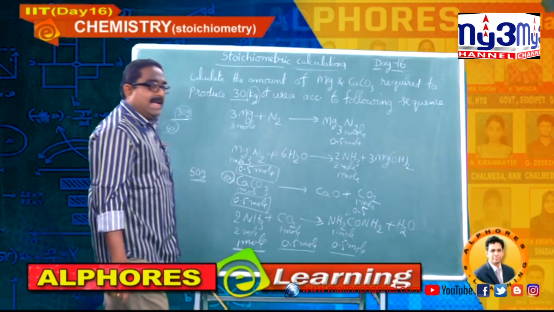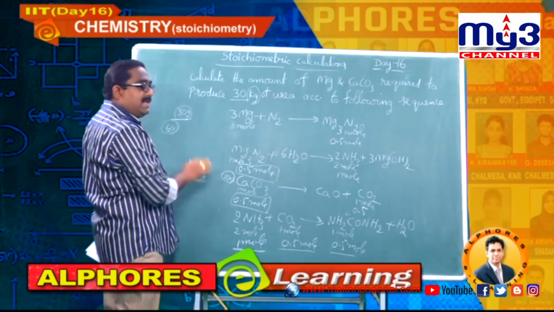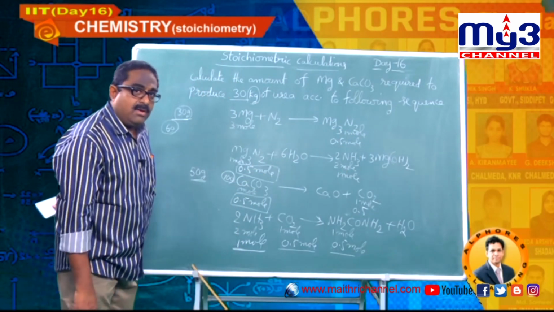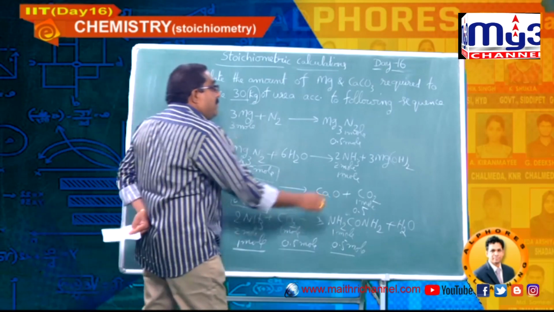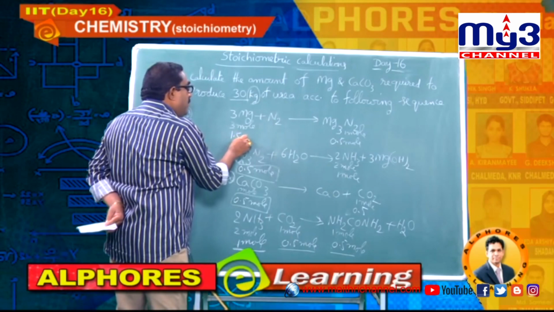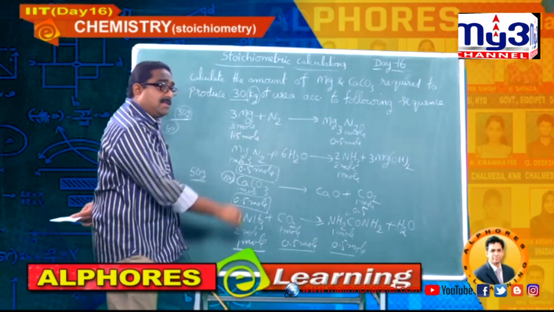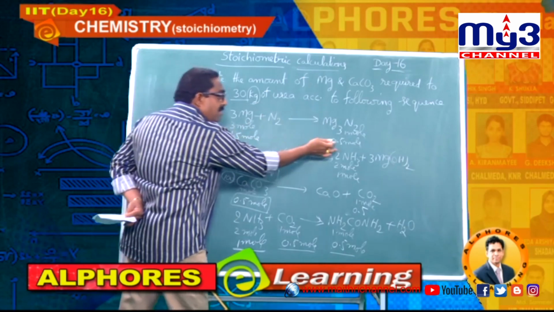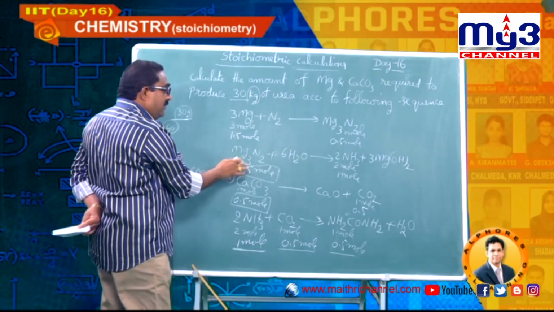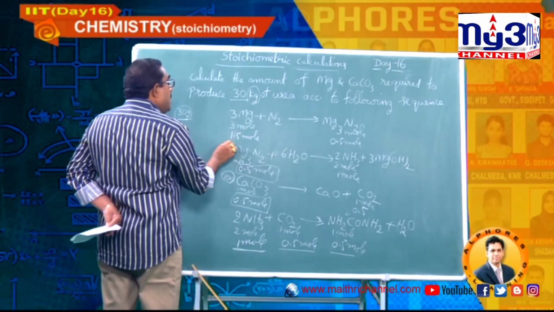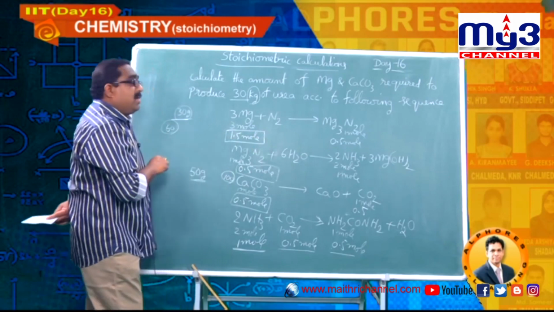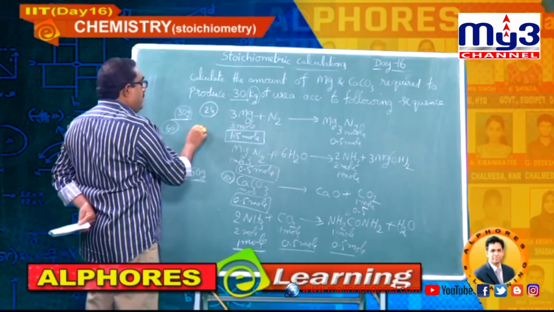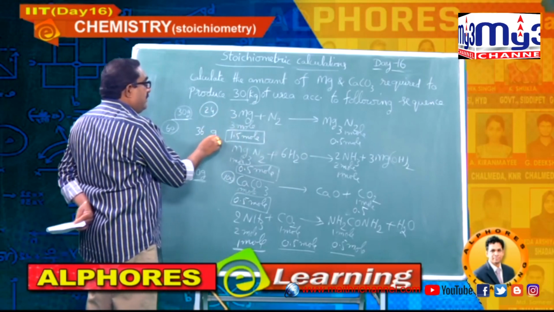Just now I have written here that the requirement of magnesium nitride is 0.5 mole. Now observe the first balanced equation. 3 moles gives 1 mole. But 0.5 mole comes from how many moles? 1.5 moles, because 3 moles gives 1 mole. 1.5 mole divided by 3 gives 0.5 mole. So here my final requirement of magnesium is 1.5 mole. Magnesium atomic mass is 24, we know, 1.5 into 24 is 36 grams.